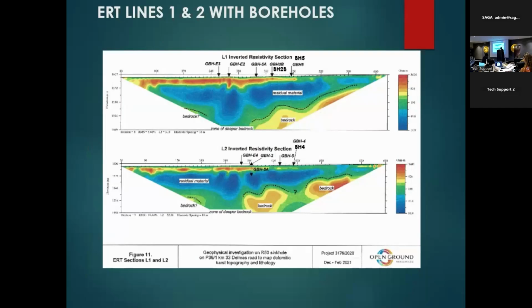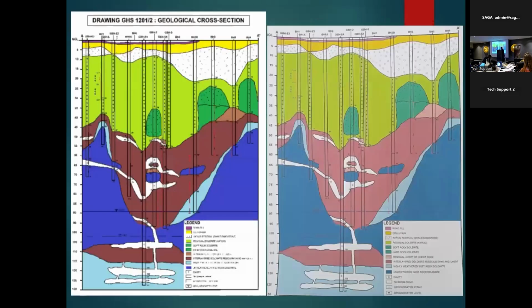Resistivity, line 1 was done on the southern road servitude and line 2 on the northern side. But as you can see, a very deep area here, going down all residual, then dropping down here with some bedrock here, and you will understand it when you see the cross section. This is a duplicate because you couldn't read what's standing here, so I'll just duplicate it so that you can read this.